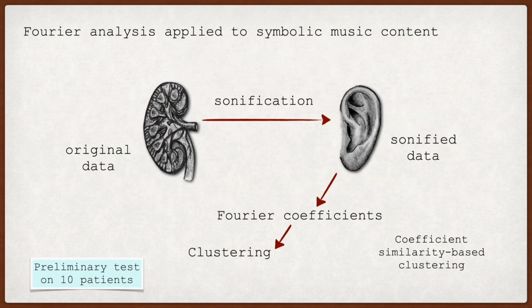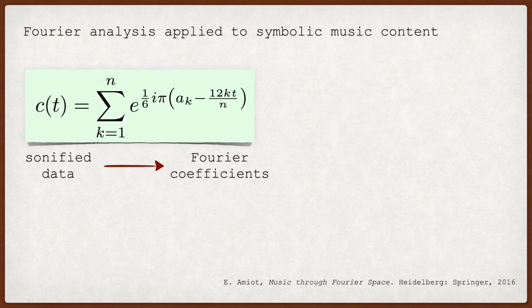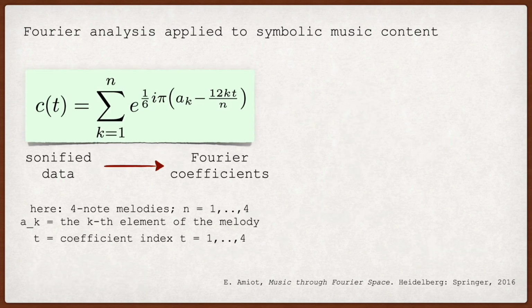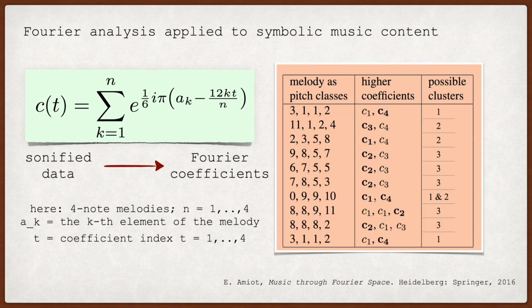Another clustering strategy is powered by Fourier analysis applied to symbolic music content. We still obtain sonified data in the same way, but we obtain the Fourier coefficients and we cluster patients according to this information. This is the formula where we have 4-note melodies and coefficients for times from 1 to 4. Then we obtain a possible cluster distribution, which in 6 cases out of 10 gives the same result as